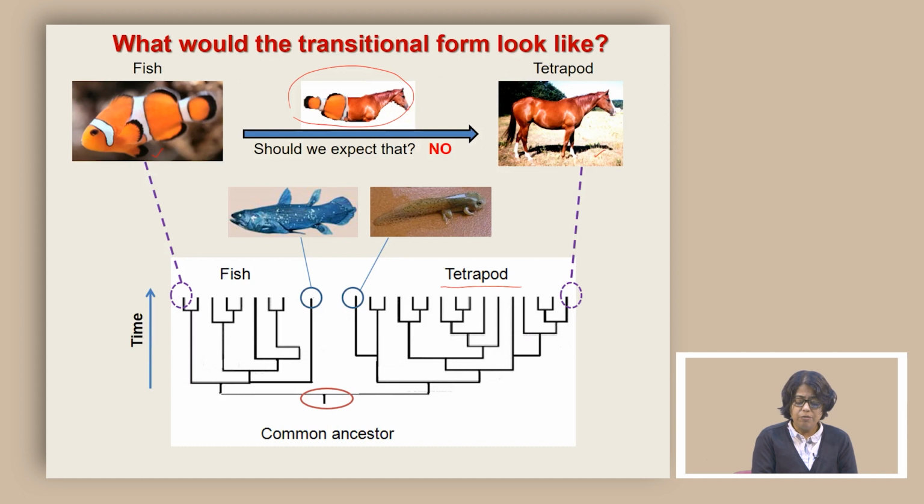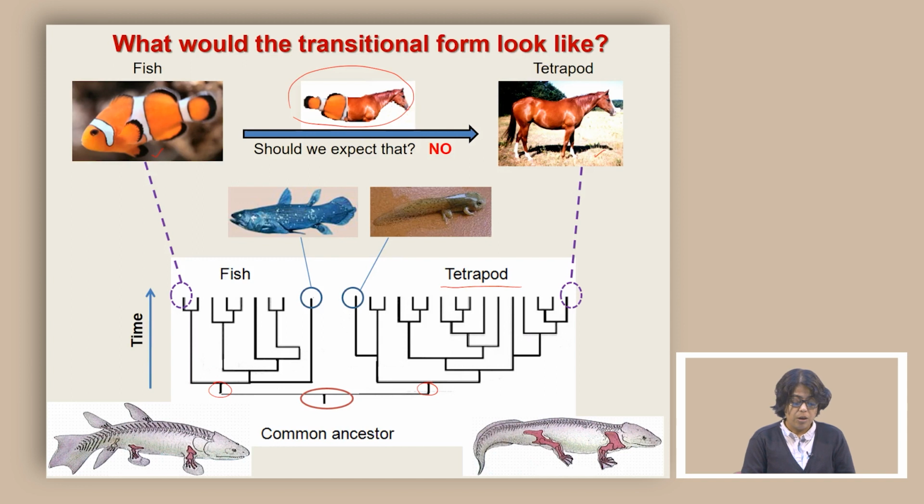Now, the question is, do we really find a fish which is somewhere here and which is very old? At the same time, do we find some of the tetrapods which are very old and come around the same time? The answer is yes, we do. So, there is an organism, a perfectly fine lobed-finned fish called Eusthenopteron, that we find around the same time. And then we find a very early tetrapod which is called Ichthyostega, again around the same time. So, if we are looking for a transitional form, probably we are talking about something which is in between these two.